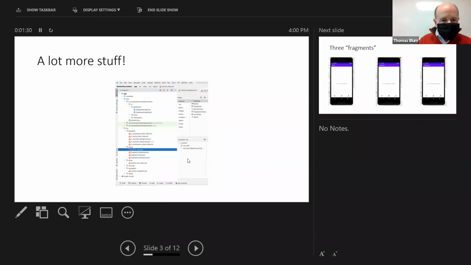Okay. If we open an empty activity, we get an activity main XML. We get one layout, and we get one main activity.kt. We get a lot more here. Under layout, there are now 4 things, because there are 3 tabs. You can see there are 3 things here. I'm probably going to call them tabs. There are 3 things. And so in the XML, there's the activity main, and then there are 3 additional fragment